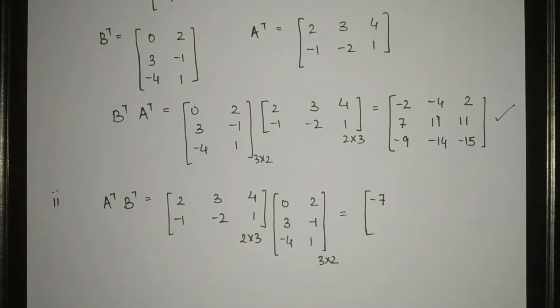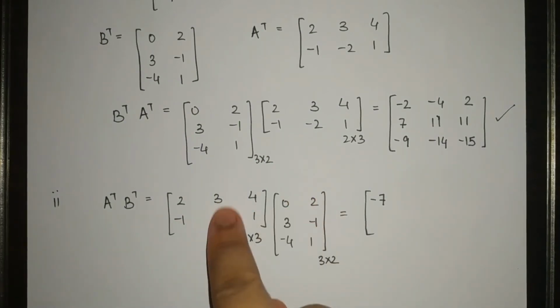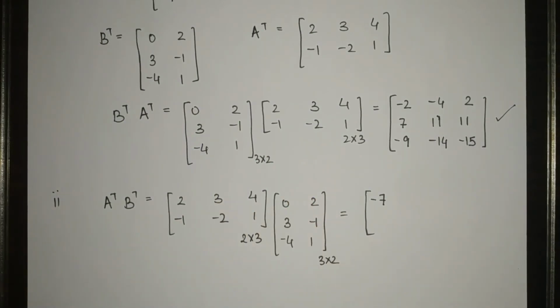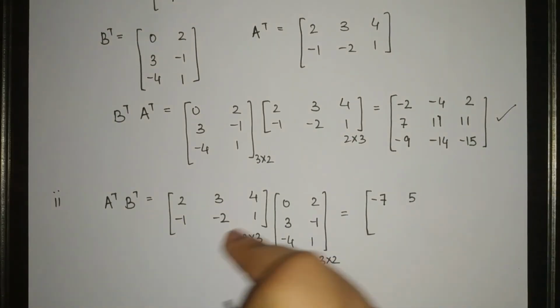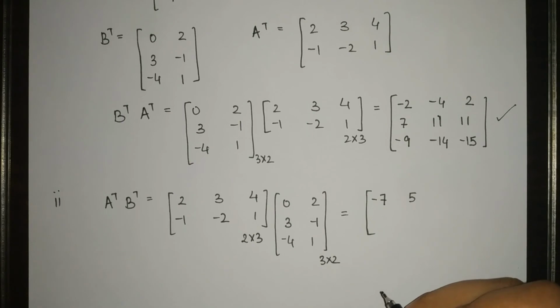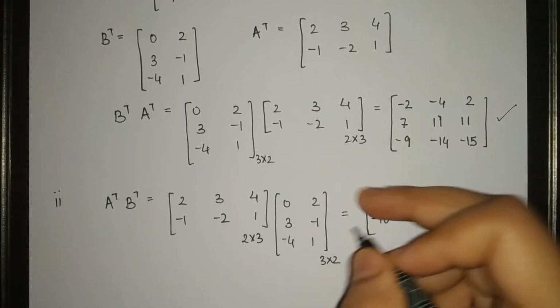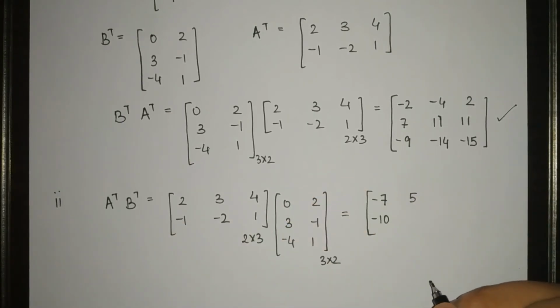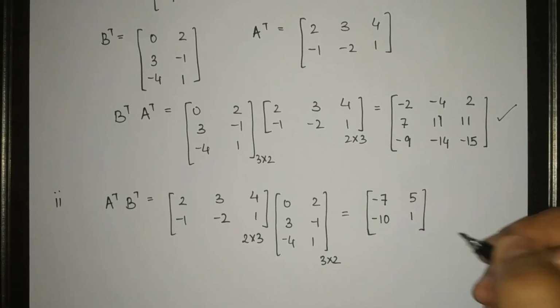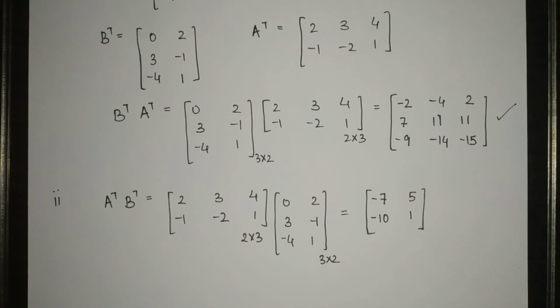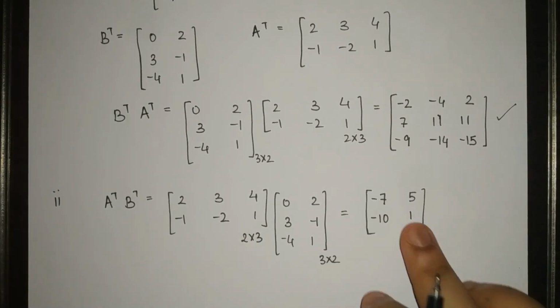Okay, next 4 minus 3 which is 1 plus 4 is going to be equal to 5. Next here we will have -6 minus 4 which is -10. Then here we have -2 plus 2, 0 हो जाएगा, plus 1. Okay, this is the value for A transpose into B transpose. अभी हमें ढूंढना है B into A फर्स्ट ऑफ ऑल और फिर उसका ट्रांसपोज लेंगे एंड दैट शुड बी इक्वल टू दिस मैट्रिक्स.